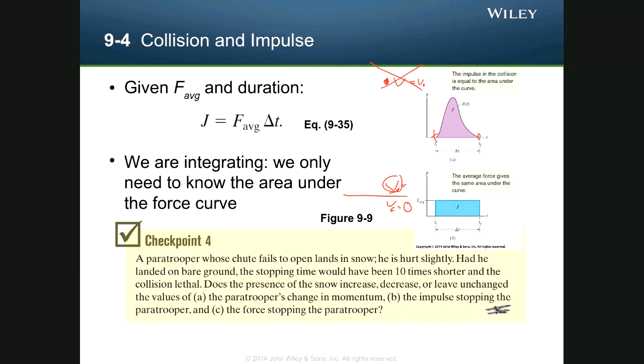So if you look here, the first thing they ask is the paratrooper's change in momentum. So the momentum, delta P, is equal to m v final minus m v initial. And as we can see from this whole thing, that doesn't change, right? Whether we have snow or ground. So what we can see is that the momentum, delta P, doesn't change, right? Delta P